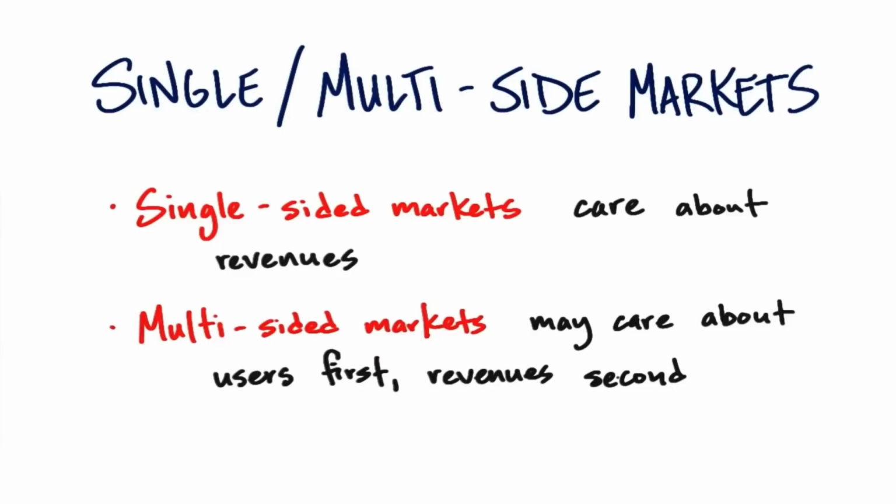Now, depending on your investors, this might be their strategy. I tend to prefer that we actually try to look for who the payers are as early as possible, but this is a question you might want to ask your investors. Do we go for lots of users and then say, if we get 10 million people, the revenues will come? Or do we want to look at both sides of the market at the same time? Again, if you're in a physical channel,